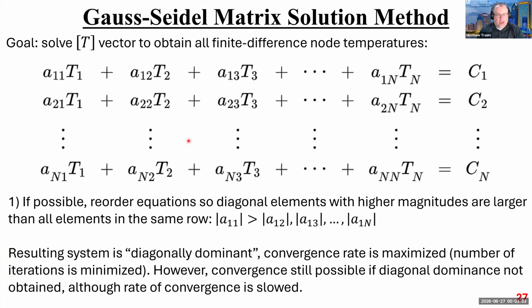Okay, so let's walk through this Gauss-Seidel technique. Step one, if possible, we want to reorder the equations. When I say reorder, remember from linear algebra that you can switch the order of equations without changing the solution, right? So I can just take the first line and make it the second line and so forth. So reorder the equations so that the diagonal elements with higher magnitudes are larger than all elements in the same row. So in the case of the first line,